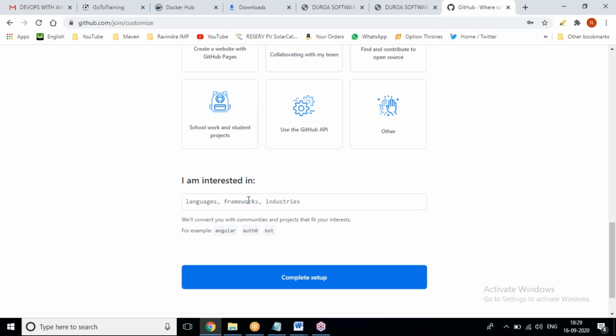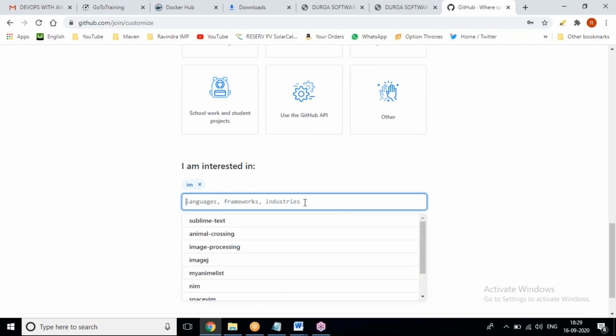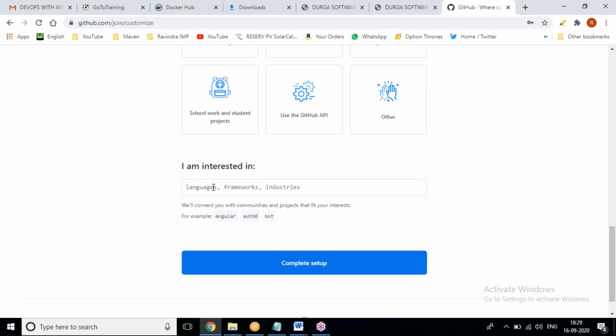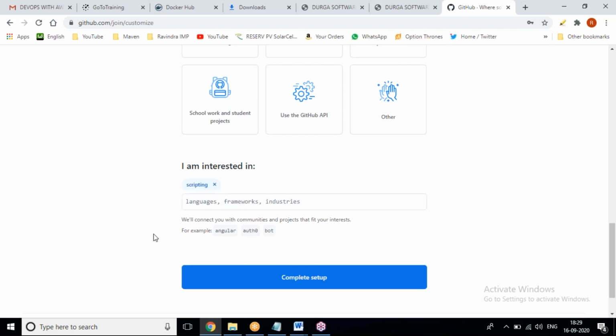Okay, I'm interested in the default. Languages, frameworks, or you can see which one you're interested in. Scripting. Presently I'm using scripting, and Python.